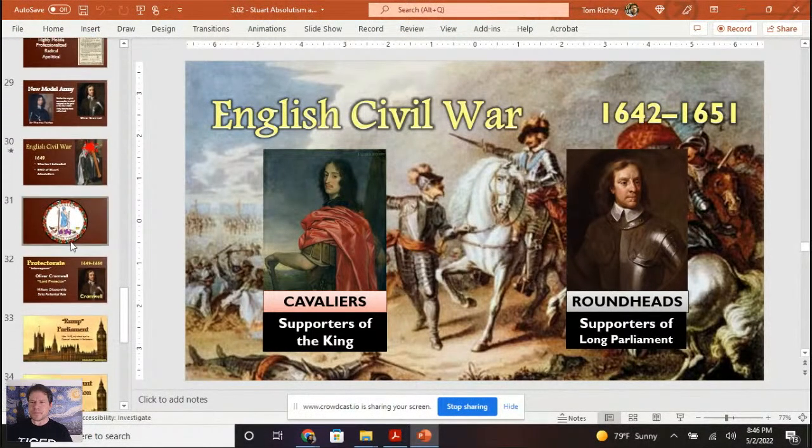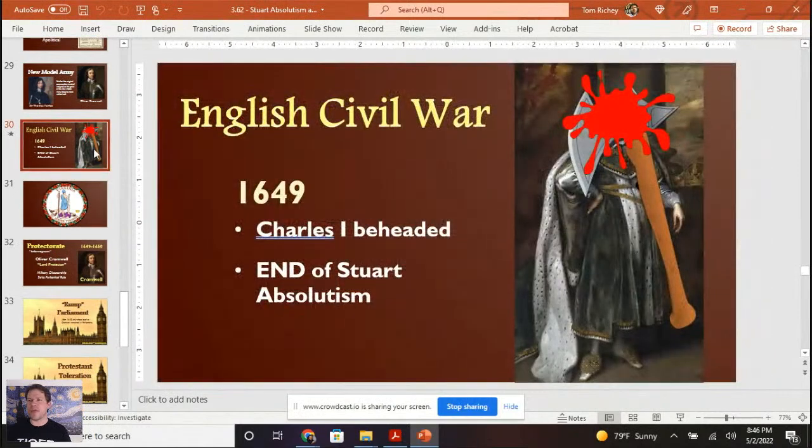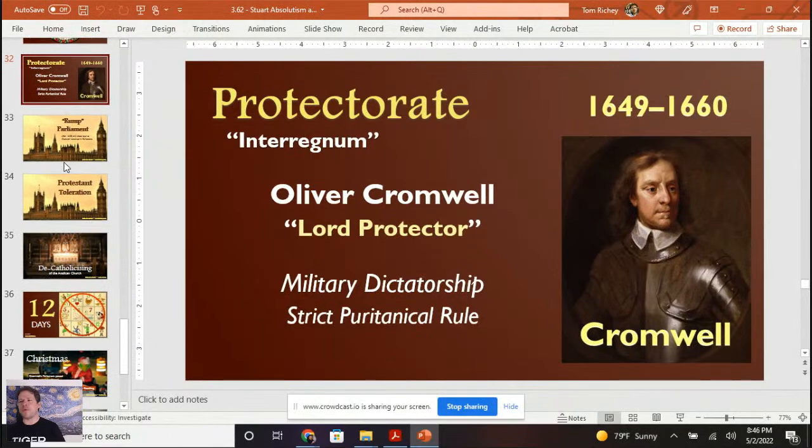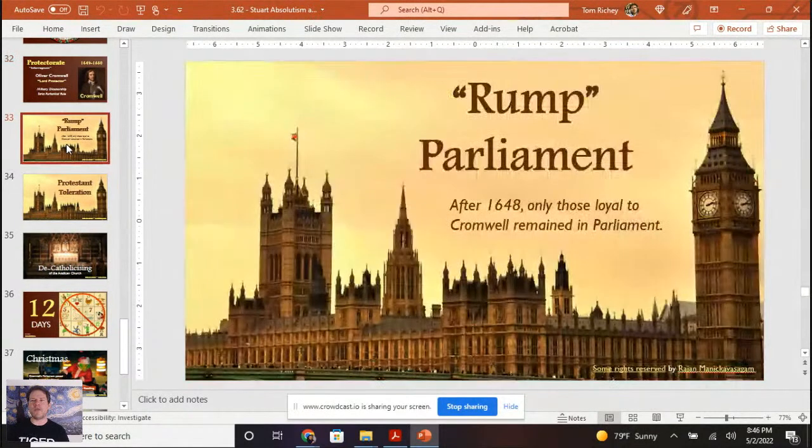And so with the English Civil War, one of the big things there is Charles got his head cut off. And then you've got this period of the Protectorate or Interregnum. And this is a period where basically Cromwell is ruling along with the Rump Parliament. Now, Rump Parliament means exactly what you think it means, basically the hindquarters, okay? What happened was that the Long Parliament was purged of everyone who was not loyal to Cromwell. And when you're comparing the English Civil War and the French Revolution, this is kind of like that radical phase here.